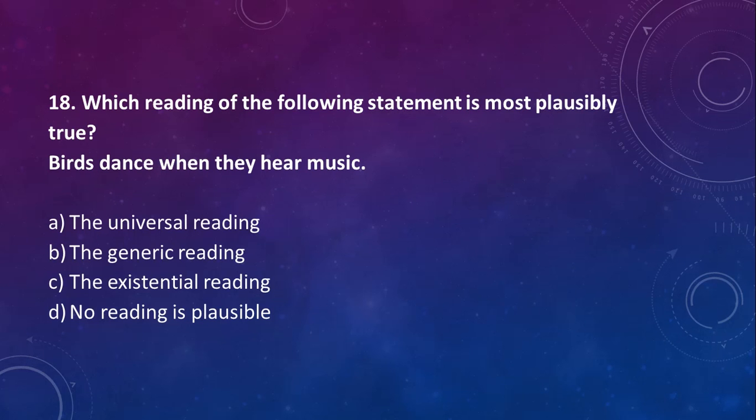Even if we agree that the generic reading is true, can we still argue that it's not the most plausible? Very good. Okay, so the most plausible reading of this is not really generic, I would say. Because if you substitute any bird into there, for the generic, they would have to have like a 50-50 chance of at least dancing or not. But if you're saying the existential reading, if you have that specific type of bird that dances, then it's always going to be true.